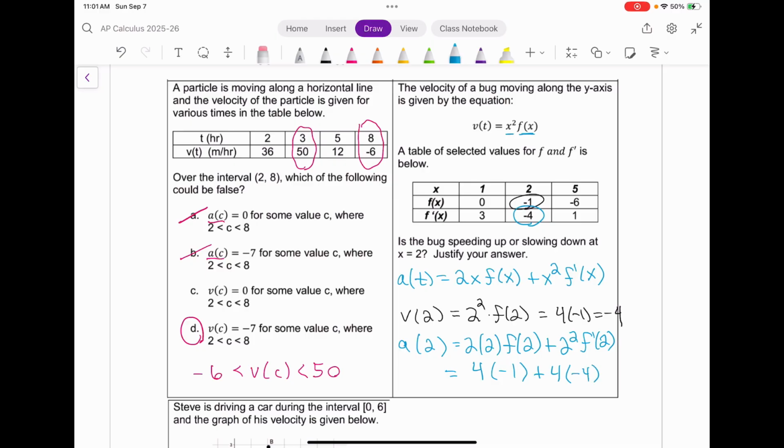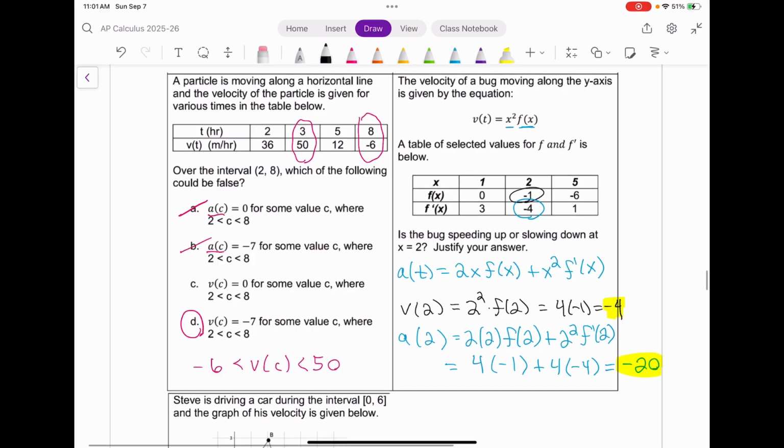So this ends up being -4 plus -16 is -20. Okay, and so since the velocity and the acceleration have the same sign, they're both negative, this means that the bug is speeding up